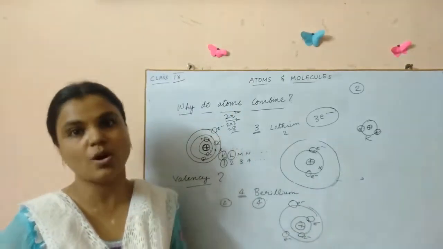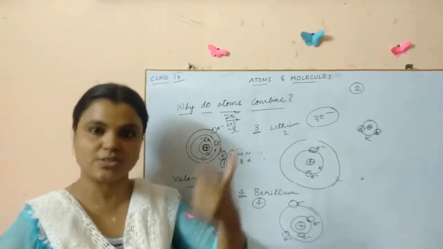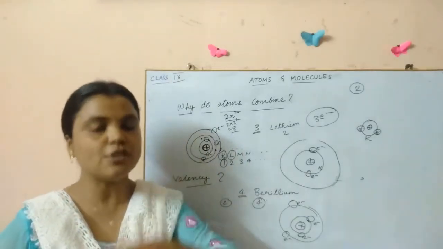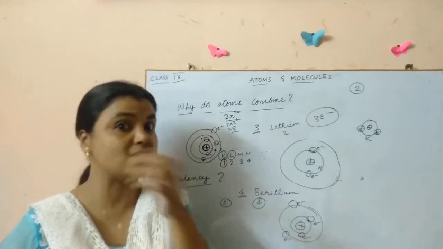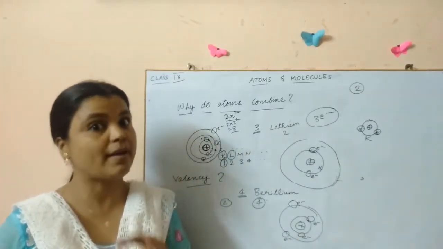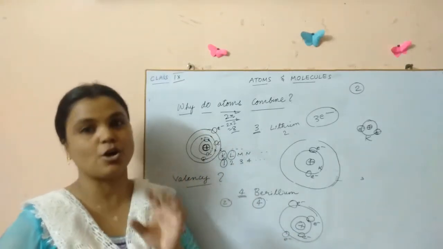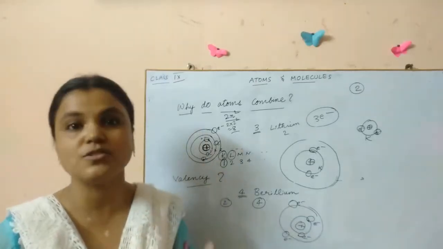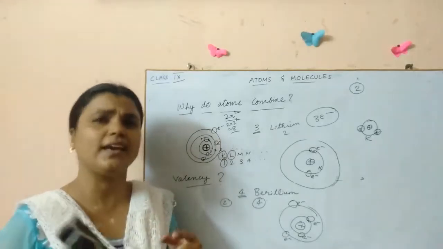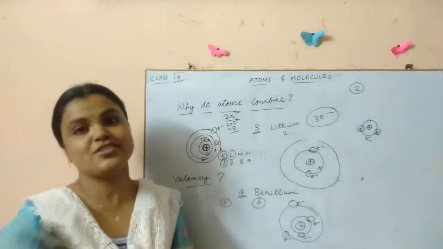Have you gone through all those first 20 elements, children? I told you to tabulate the first 20 elements along with the names, symbols and valencies, isn't it? Did you find any element which has valency 0? Yes, in the first 20 elements, we get 2 elements which have completely filled outermost valence shell. So find out which elements they are and think why the valency is 0 over there. And what are such elements called?